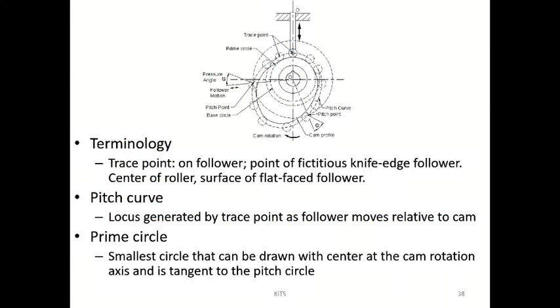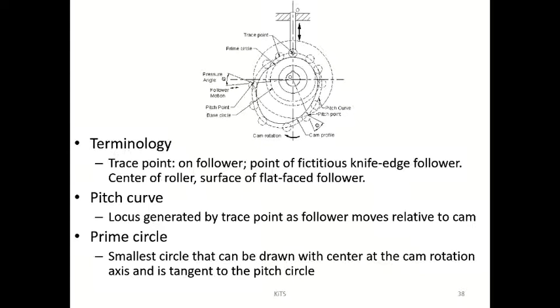Now I gave the introduction about the cam and follower, then I told you about the types of follower and cam. Then we have seen the types of motions: rise, dwelling, fall, all those things. Now we will move into cam nomenclature, or cam terminology. That means important terms used to describe a cam.